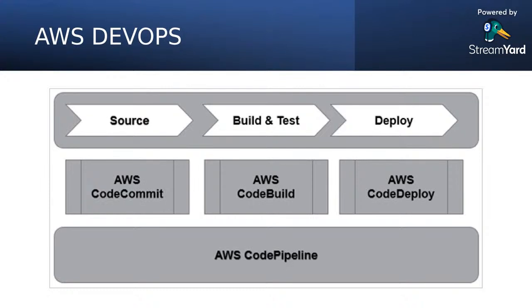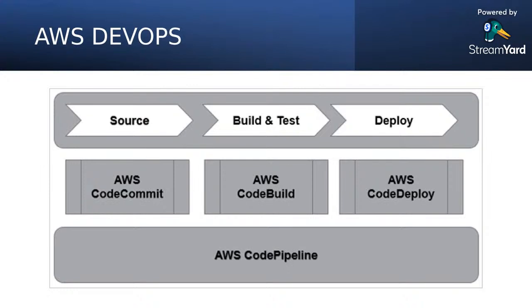AWS CodeCommit for your code repository. Then it provides AWS CodeBuild, with the help of which we will build our code and test it. Then AWS CodeDeploy. With the help of this service, we will deploy our code to different environments. If you want to deploy on the container side, you use AWS ECR. If you want to deploy on any EC2 machine, you can deploy there. You just have to configure it in a proper manner,